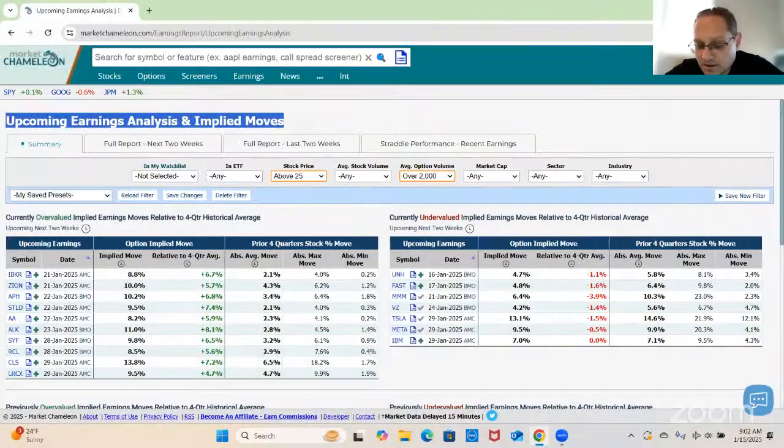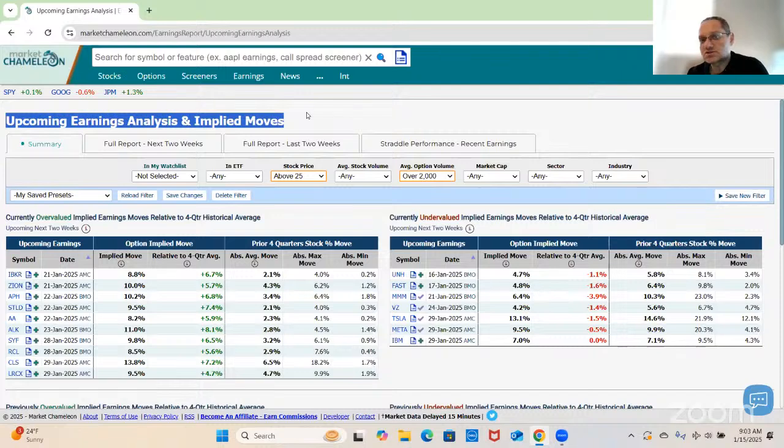So today, let me share my screen here. Good morning, everyone. What we'll do is cover these upcoming earnings and analyze the stocks from the perspective of earnings moves. We're going to look at historical earnings moves. We're going to take a look at where the options are implying the next upcoming earnings move, and a way just to quickly